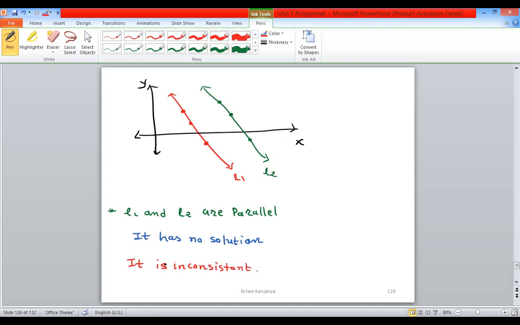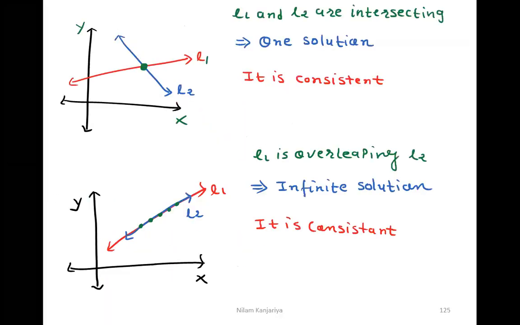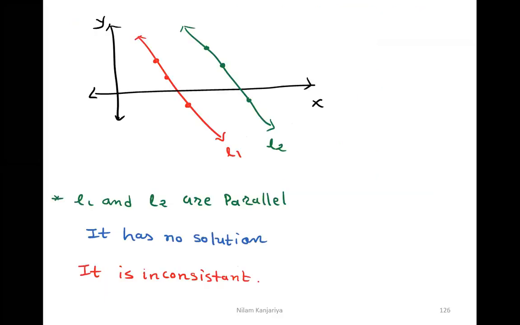So this is the most beautiful and the most important phenomenon. When the lines are intersecting, you get one solution, it is consistent. When two lines are overlapping, coincident on each other, you have infinitely many solutions. That's why you can say it is consistent. And the last, the two lines are parallel, there is no common solution, so you can say it is inconsistent. So these words are very important, always remember.